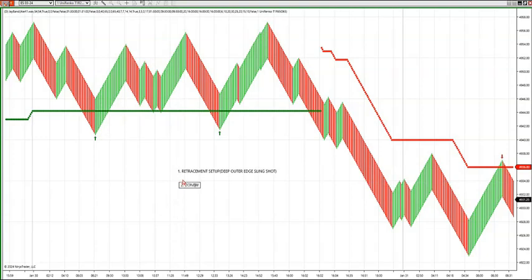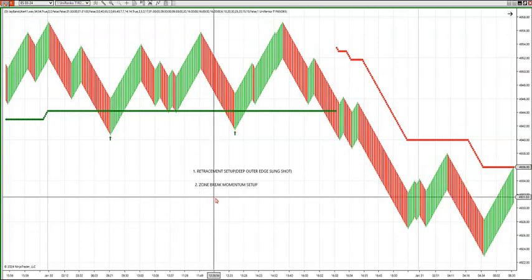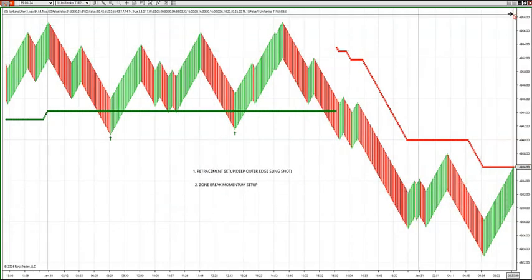which is our zone break momentum setup, where the bar turns yellow when you're breaking out of the ATR zone. So those are really the only two setups you need to track